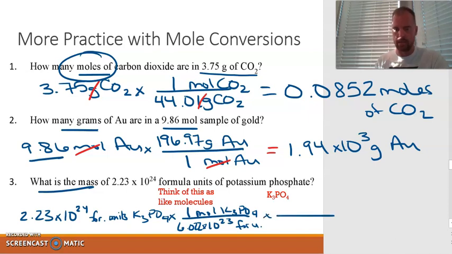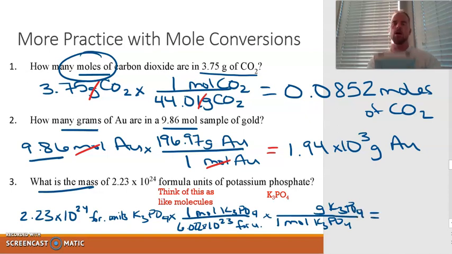And then our last step is I want to go from 1 mole of K3PO4 to grams of K3PO4. And this is where I had to give you the formula, because we need to figure out what the molar mass is. So let's figure out what that's going to be. Potassium, K, is 39.1, and there are 3 of those atoms. Plus, the mass of 1 phosphorus is about 30.97. Plus, the mass of 4 oxygens is 64. So altogether, this compound has a molar mass of